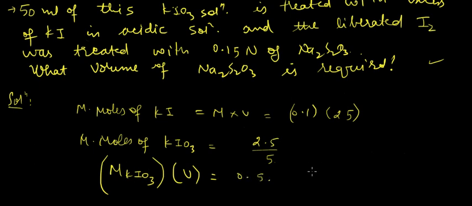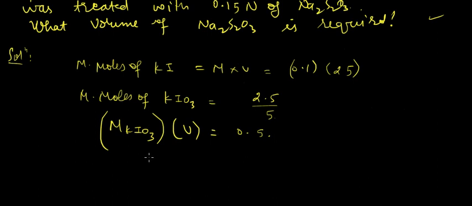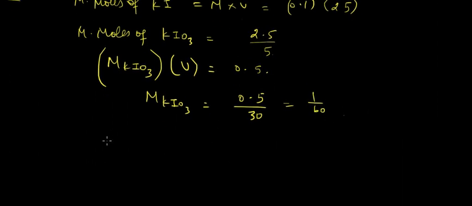So now we know that 30 ml of solution of KIO3 was reacted initially. So molarity of KIO3 would be 0.5 upon 30, or we can write it as 1 upon 60. Now this KIO3 was reacted with excess I minus to liberate I2, and that I2 was used with 0.15 normal Na2S2O3 solution. So we had to calculate the volume of